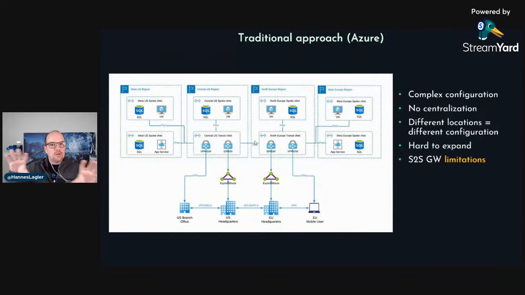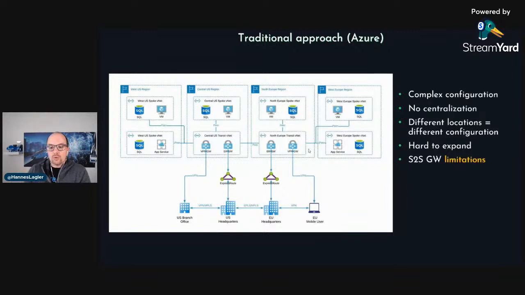It's a separate service in two different regions and maybe two different resource groups, and it's really complex to configure. And think about changes. If you change something, the change could include downtime, and downtime always means cost. It's really hard to expand. When we want to implement a new region, we have to provision an ExpressRoute gateway. We have to think about the peering connection. We have to think about whether everything is routed correctly if you don't use BGP.